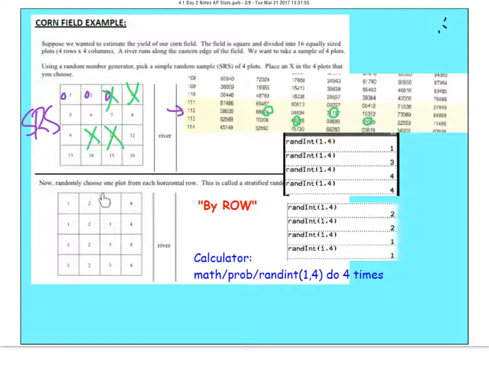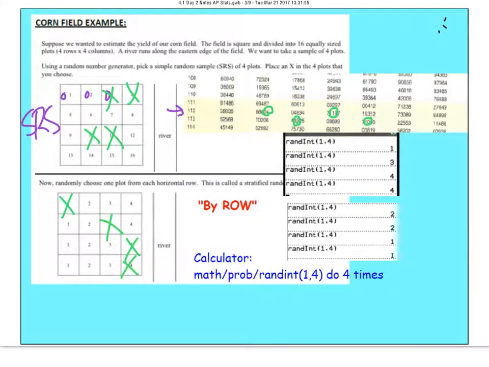So for this first row here, if I look at it, they've actually chosen 1. So let's go ahead and mark that for the first row. The second row, when I ran it again, I got a 3. The next was 4 and then 4. So I'm going to go on in here and then mark a 3, a 4, and a 4 for our